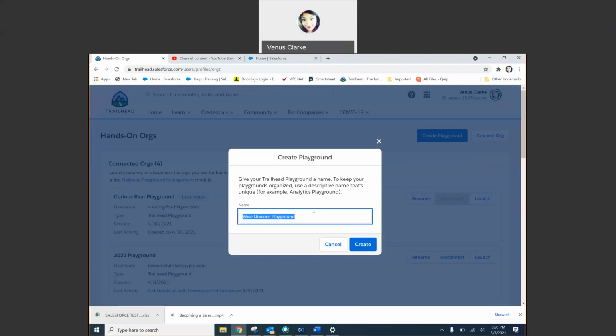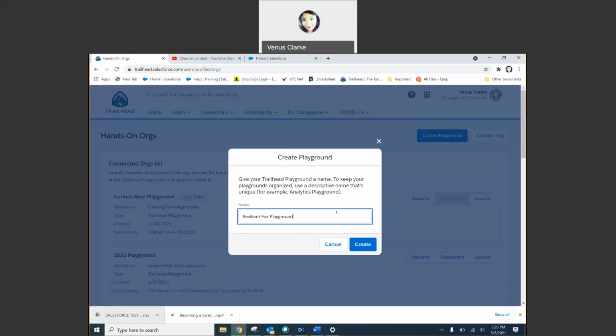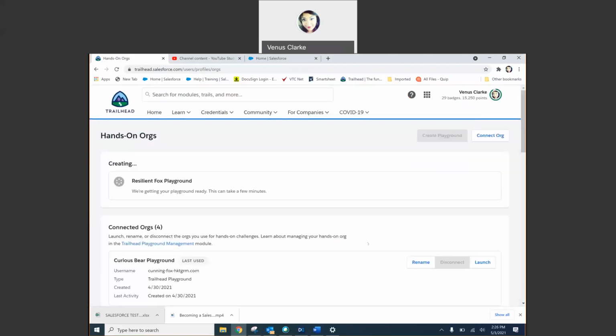They're going to always give you some little weird or unique name for your playground. You actually can change it to anything, but I'm just going to keep this little cute name, Resilient Fox Playground. Create it. And it will take a few minutes for it to upload. While we wait for that,